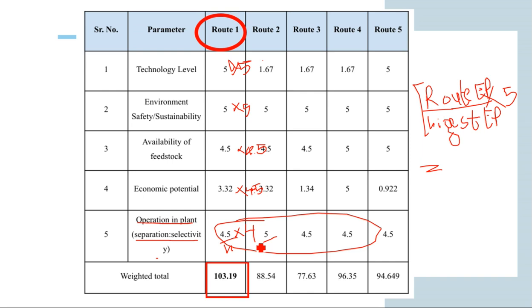We will further deep dive into route 1 so that we have the desired data to move to the next steps, and we can select the location of our plant. Hope this video helped you understand why I have selected route 1, and this will also help in your project when you are selecting between different routes.